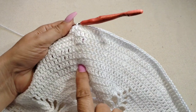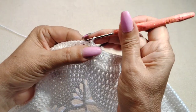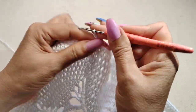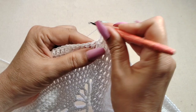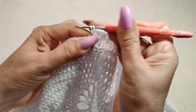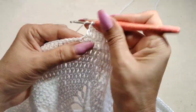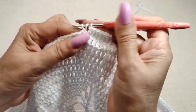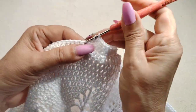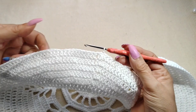Now, if we count from the very first one where we did that 1 chain space, we have 1, 2, 3, 4, 5, 6 going into the 7th row. Coming back in this row, there is no increase, just double crochet over double crochet, 1 per stitch all the way around. So I'll meet you at the end of my row, just 1 double crochet per stitch. Okay, everyone, so finished my row,